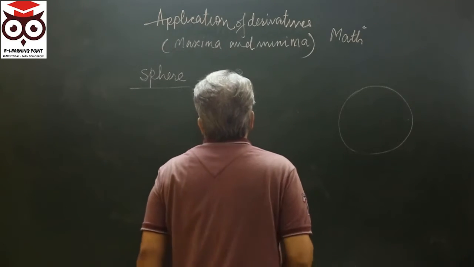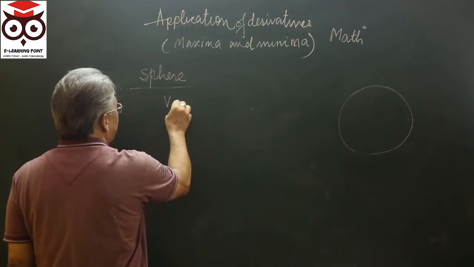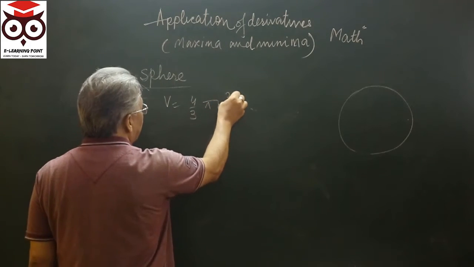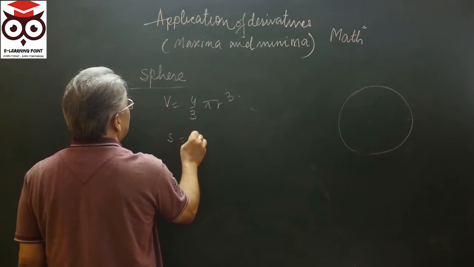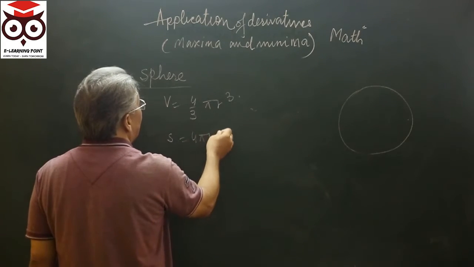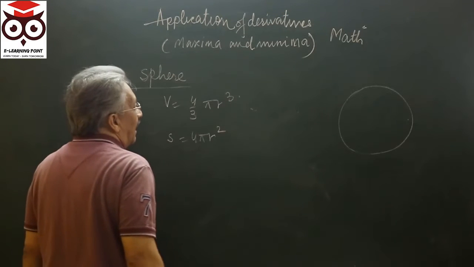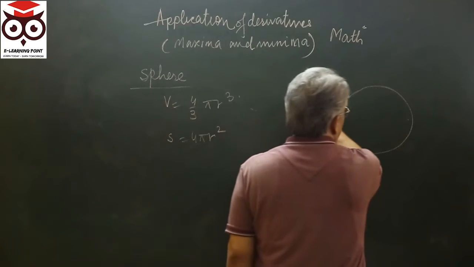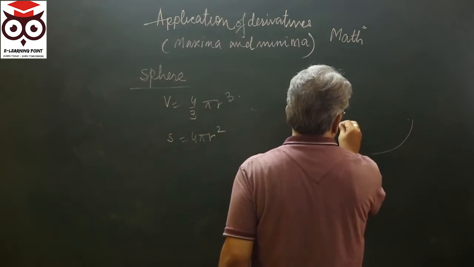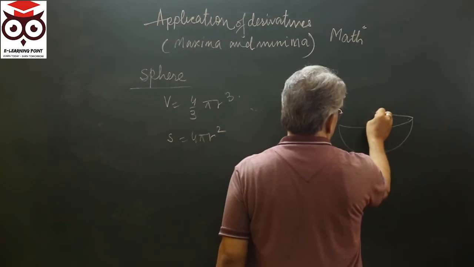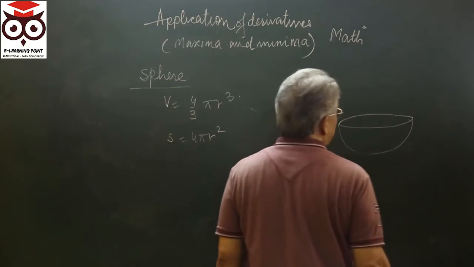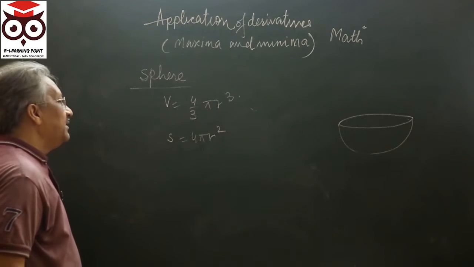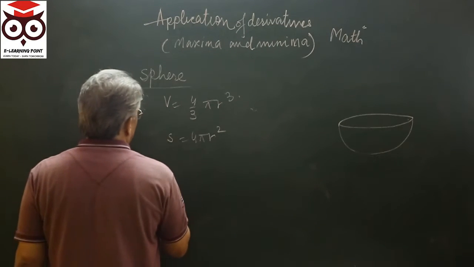Consider this sphere. So what will be the volume of sphere? It is equal to 4/3 pi r cube, and what will be the surface area? This is 4 pi r square. If it is semi-vertical sphere, it is like hemi, not semi. सेमी जो होता है वो सर्किल में होता है और हेमी जो होता है वो स्फीयर में होता है।